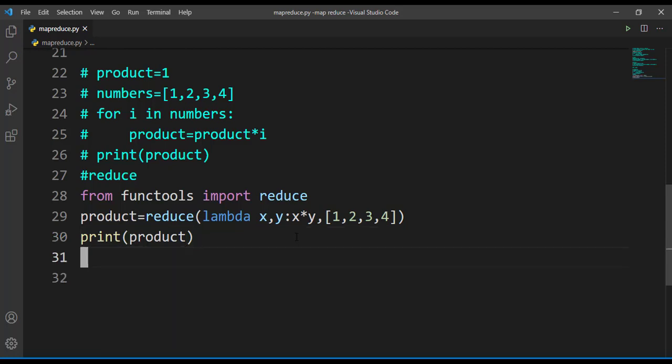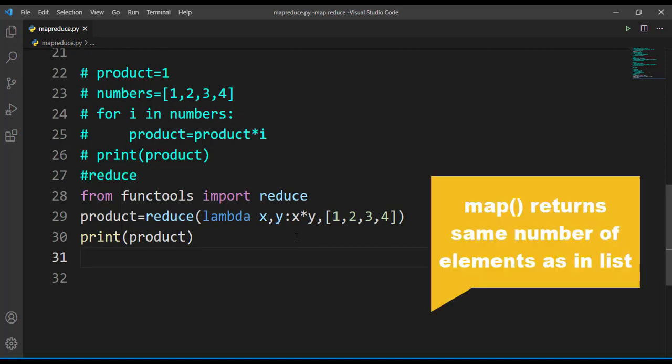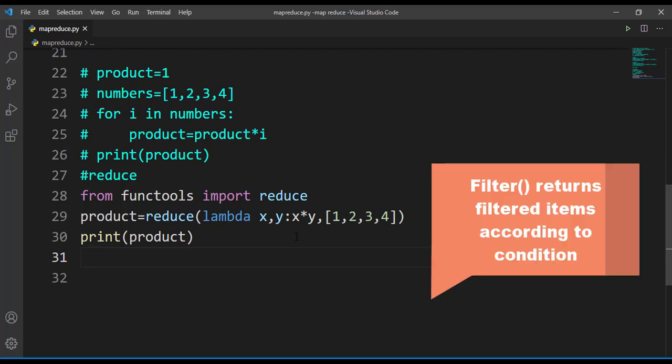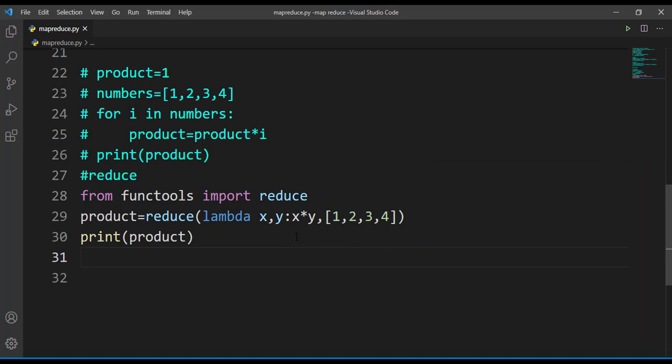So now I hope all of you are clear with how to make use of map, filter and reduce functions along with the lambda function. The map function returns the same number of elements present in the list, whereas the filter function filters out some numbers according to the condition we mentioned in the function.